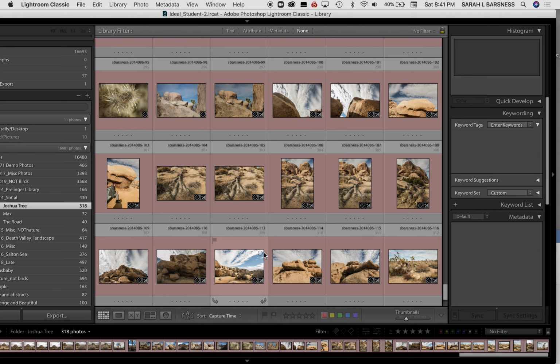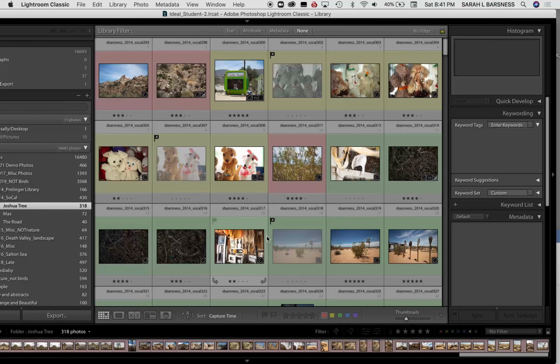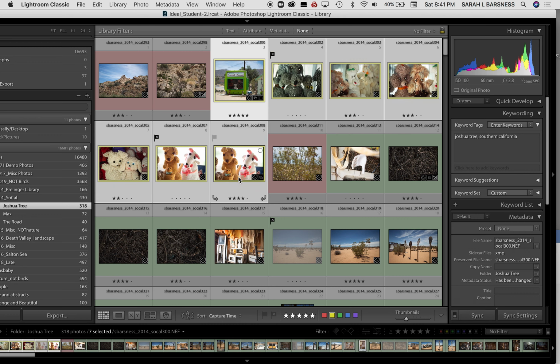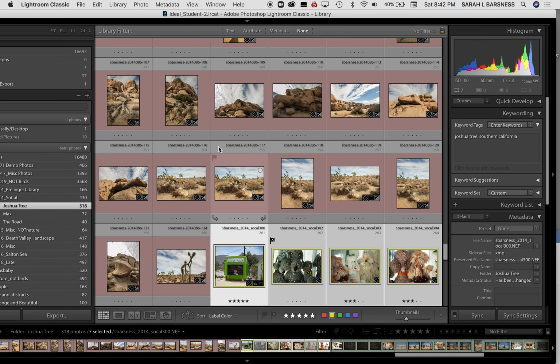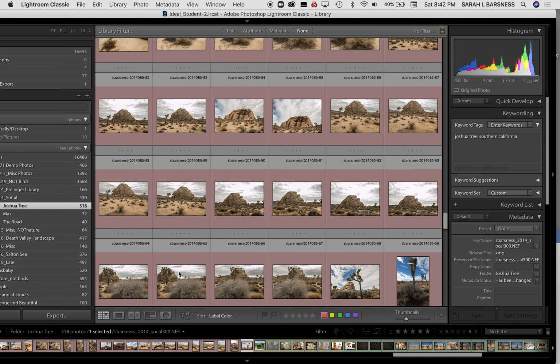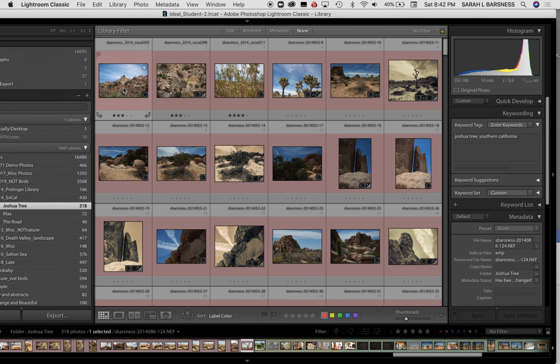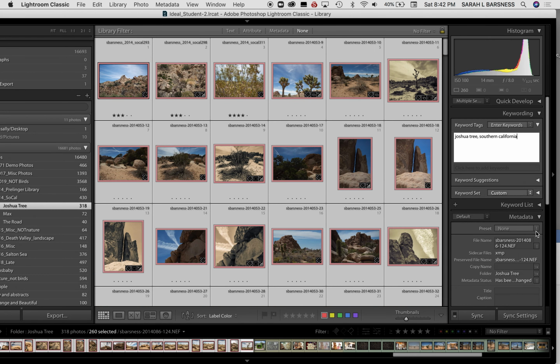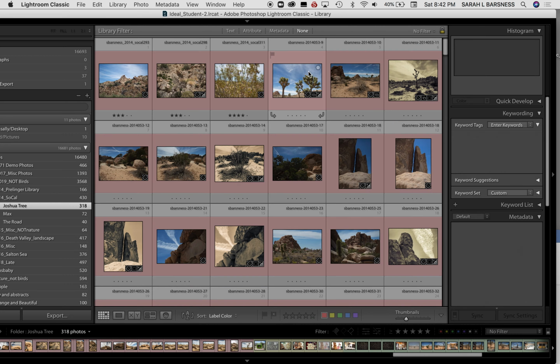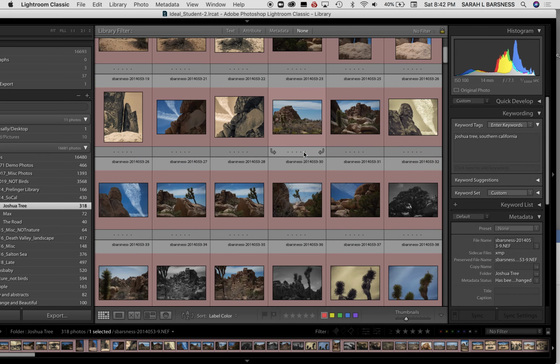Now within the Joshua Tree, we remembered we've already sorted these out. So I'll just pick one small subfolder. Now actually, let's go ahead and sort them by label color to make it simpler. And we can pick these and call these landscape. Some of these are actually from Joshua Tree Park. So I can call these